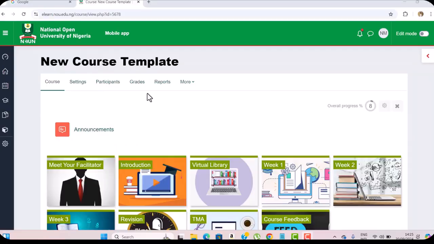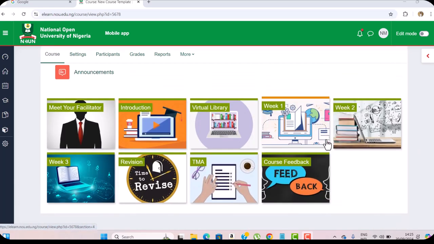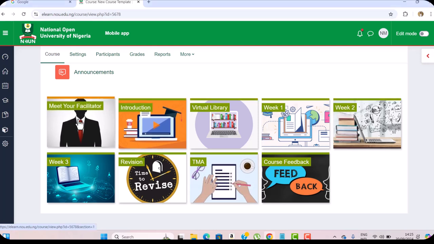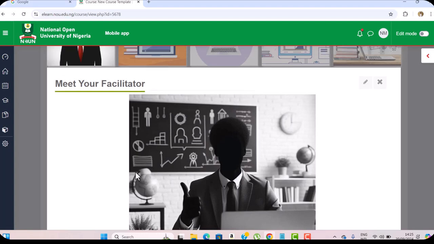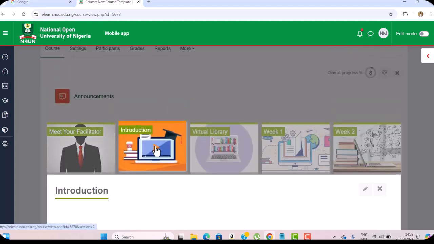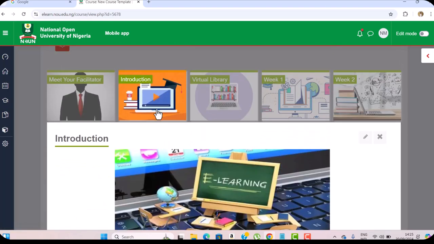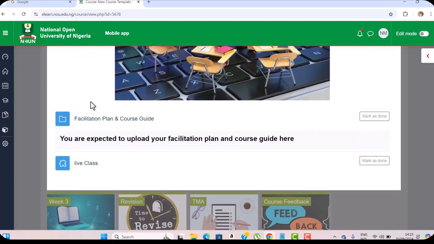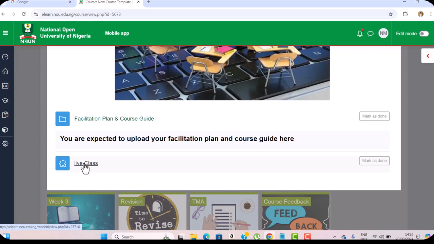When you click on the course, this is the page it is going to take you to. As you can see, this is the way your page is going to look, and we have the meet your facilitator. This is where you're going to see the information about your facilitator, and we have the introduction. This is where you're going to see all the materials for the introduction, and in order to join the live class for this introduction, all you have to do is click on live class,